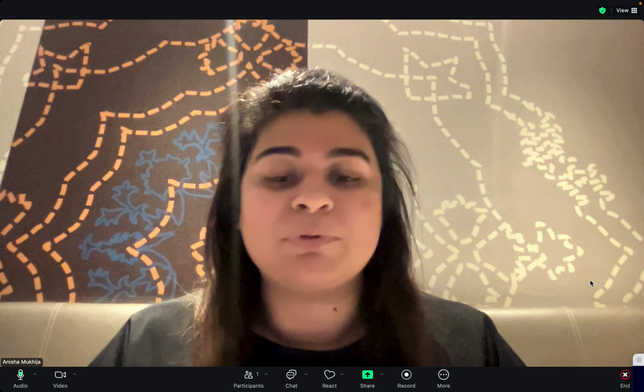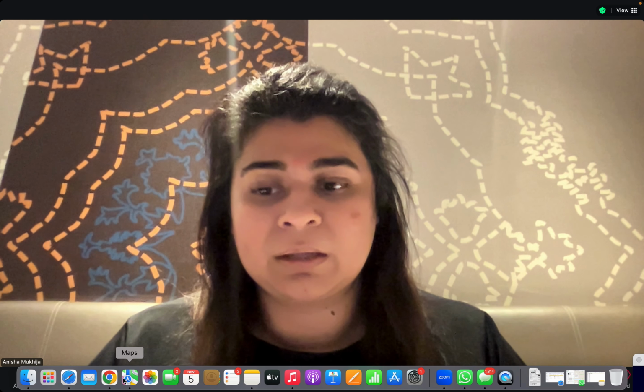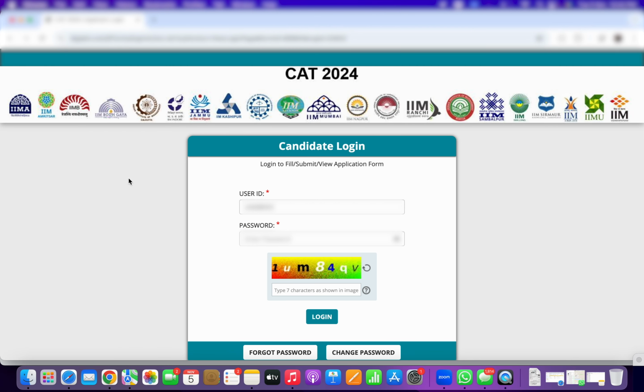Okay? Now let's go on to see on the link how you go about it one by one in simple steps to get your admit card. First thing, on the IIMCAT website, you have the section called candidate login. Click on the candidate login section, and put in your user ID and password. I hope all of you remember your user ID and password. If you do not remember, click on the forgot password option and try all the possible things. You will get an OTP on your registered email and phone number in case you have forgotten the password. Okay, so once we do this,